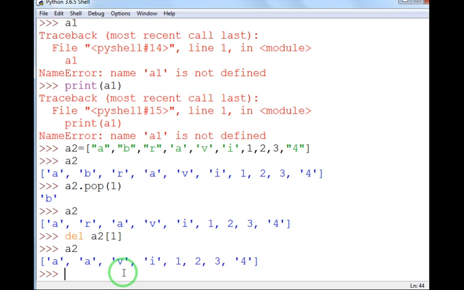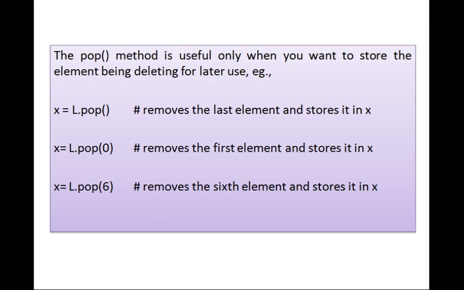The pop method returns the deleted element also. The pop method is used only when you want to store the element being deleted for later use.